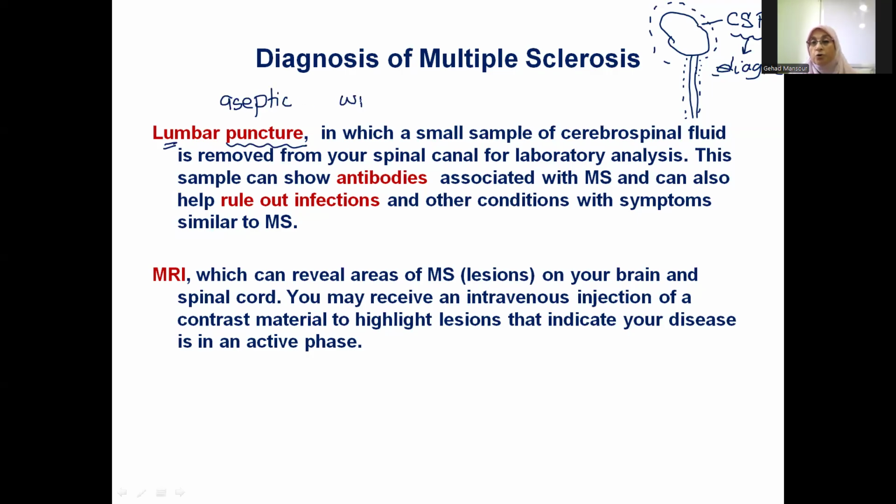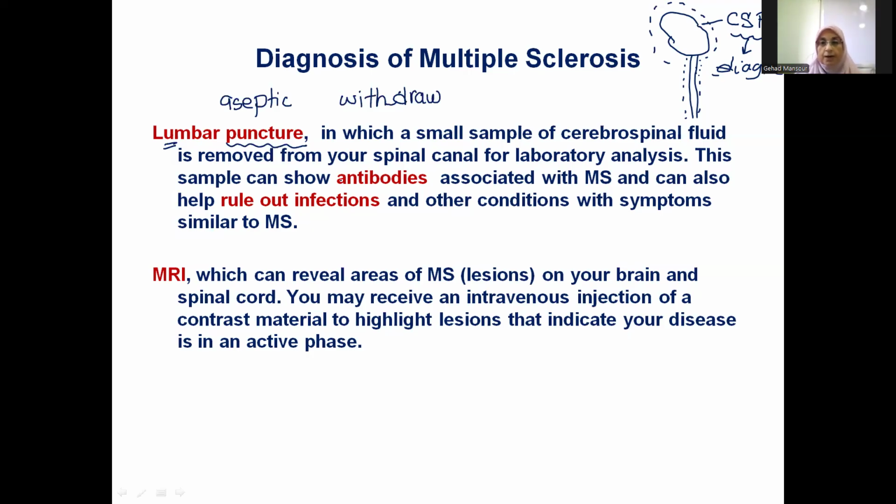And we are going to draw a small volume of fluid from the cerebrospinal fluid that circulates around the brain and the spinal cord, and we're going to analyze it. There is the routine analysis that we do, like the white blood cell count, the glucose count, the electrolyte level, and so on. But there are also specific investigations that we do whenever there is suspicion of an autoimmune disease,